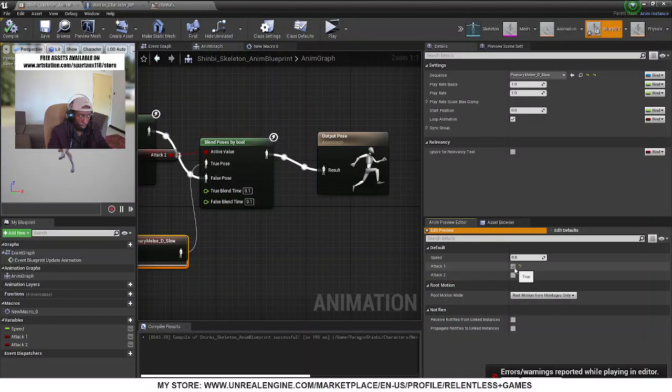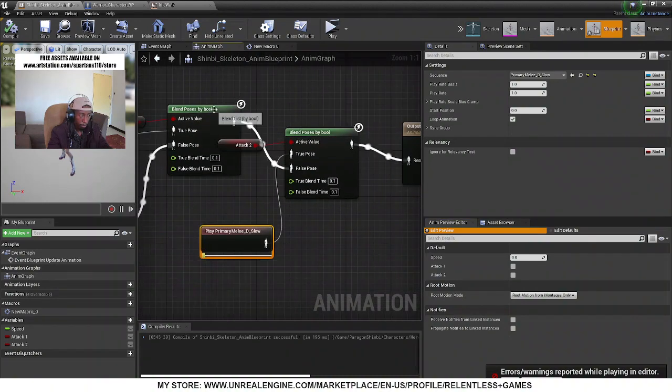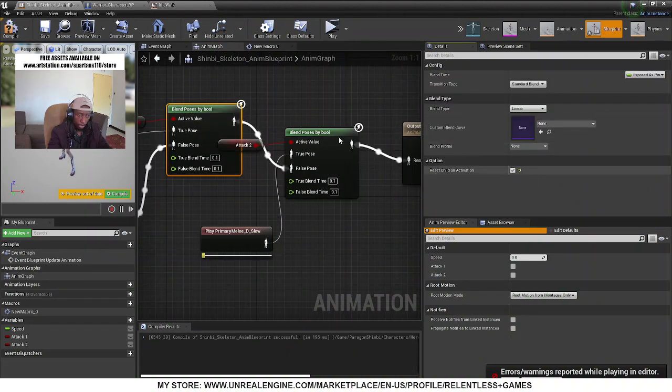So attack 1, attack 2, and let's remember to reset the child on activation. We'll compile that and save that,